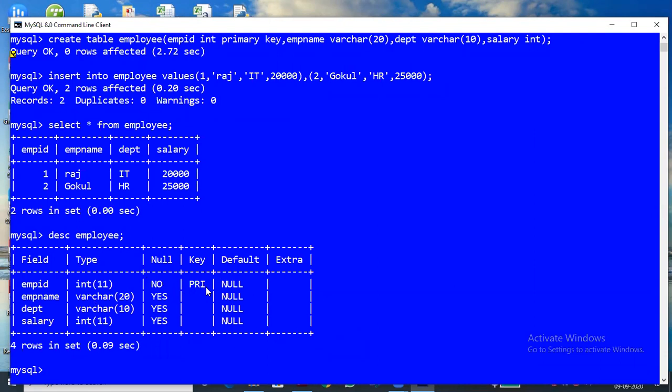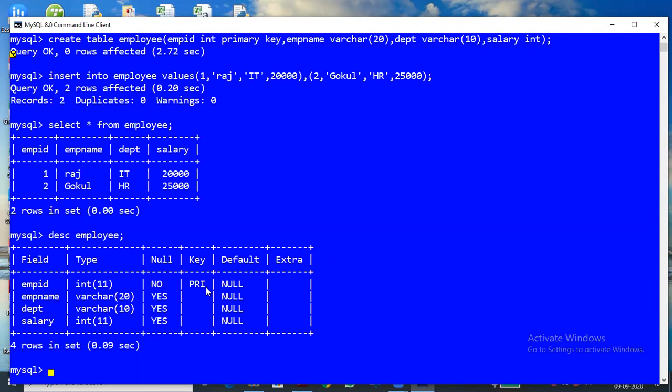What does constraint mean? Constraint means limitation. I already said that. The first question is what is constraint? So what are the limitations or restrictions we applied on the EMP ID? What are the conditions we have given for the value? It should be unique, sir. It should not be null. Two things are there, so two characteristics the primary constraint is having.